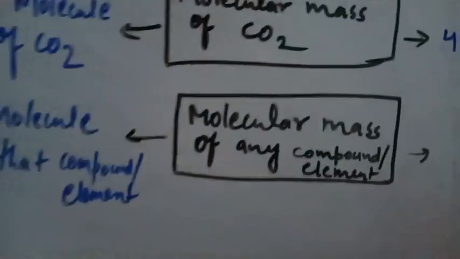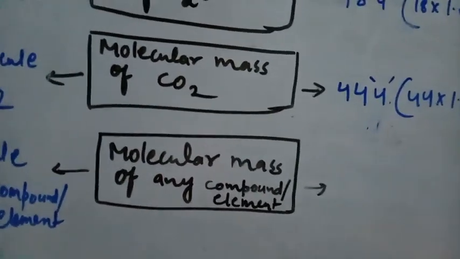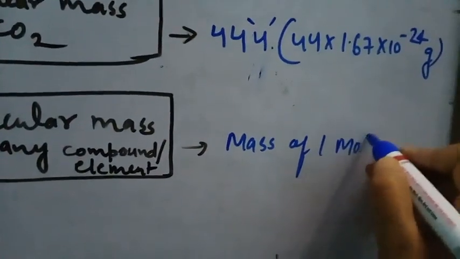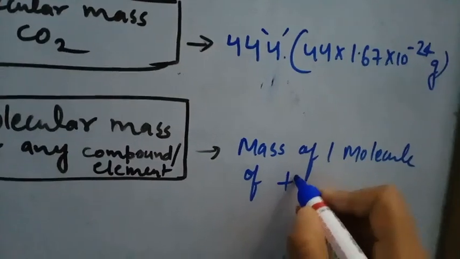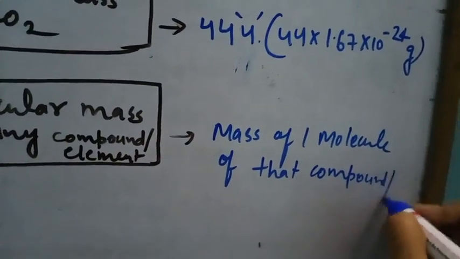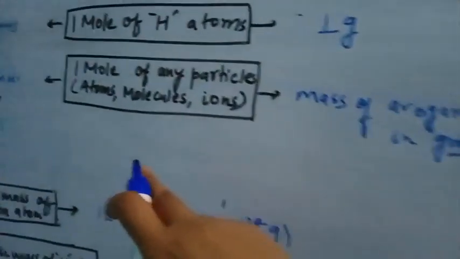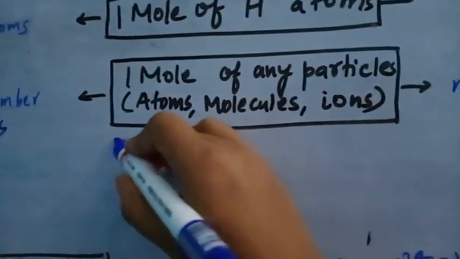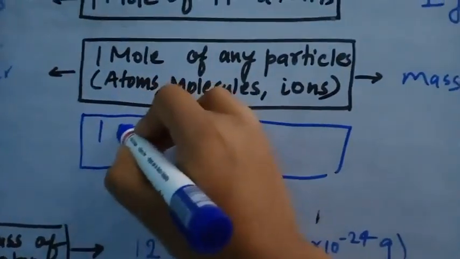And the molecular mass of any compound or element means mass of 1 molecule of that compound or element. So here we can just show in the first flow chart as now, if we want to show 1